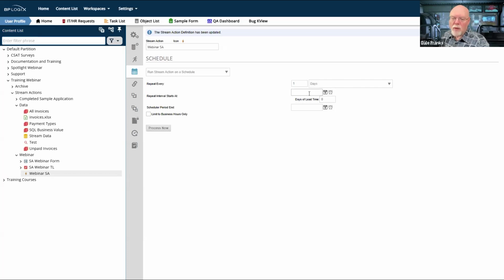You can set a repeat interval to start on a specific day and time. So if you want to run it every day, right now, if you set it to run every day and I just hit OK and save it with no other configuration, then it's probably going to kick off tonight at midnight. If you want to run it at around 8 o'clock, set the repeat interval to start at 8 o'clock so that it generally runs at 8-ish every day.